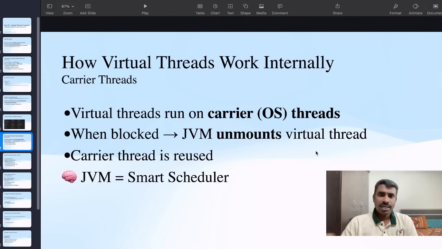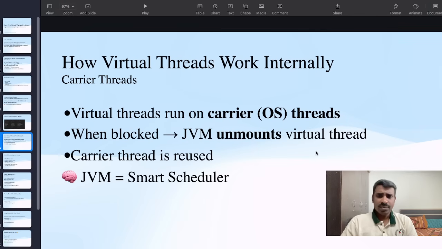How do virtual threads work internally? Virtual threads run on carrier threads. When blocked, the JVM unmounts the virtual thread, so the carrier thread is reused. The JVM smartly handles this. It unmounts the virtual thread when it is blocked and schedules the threads, reusing the carrier thread.